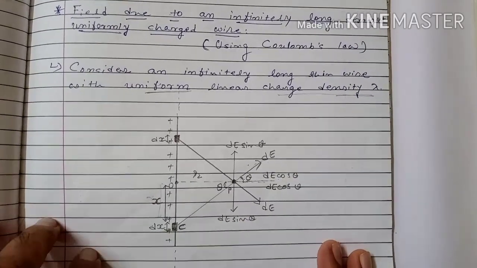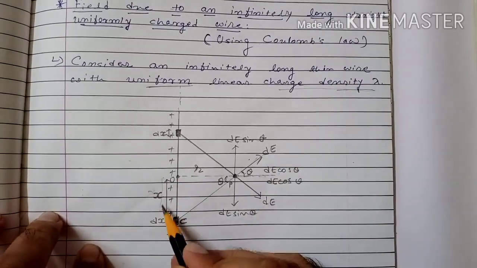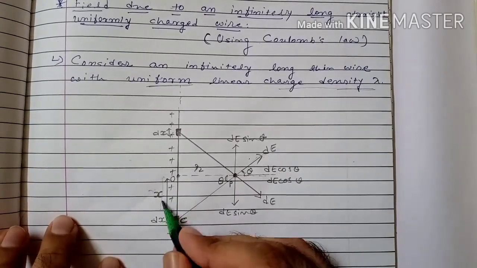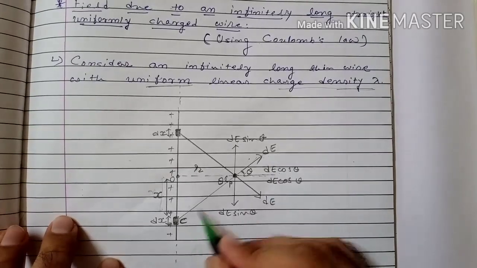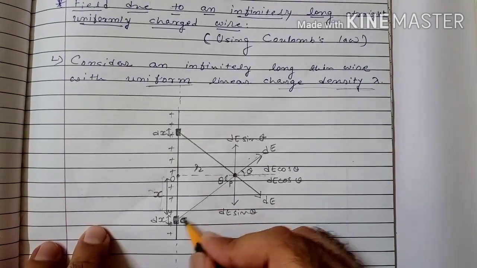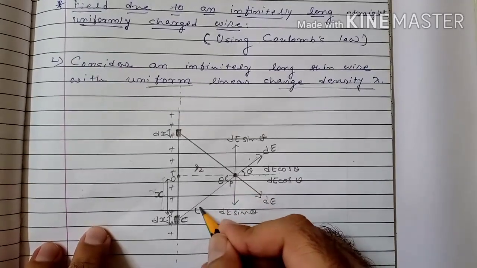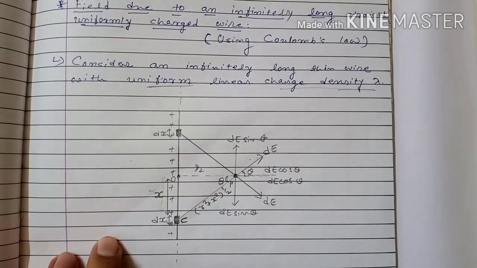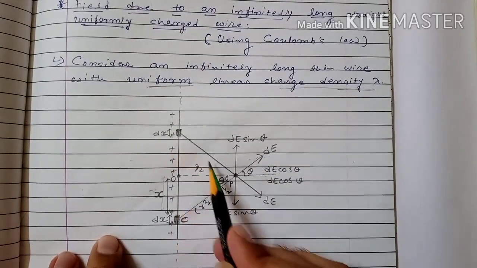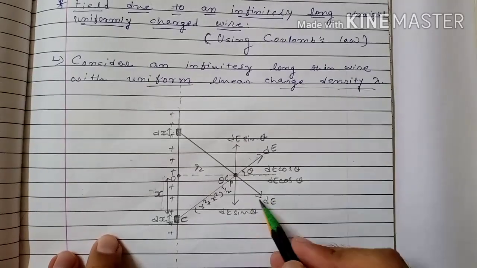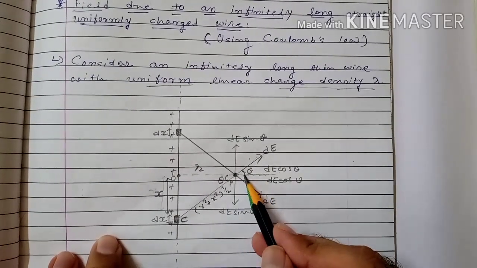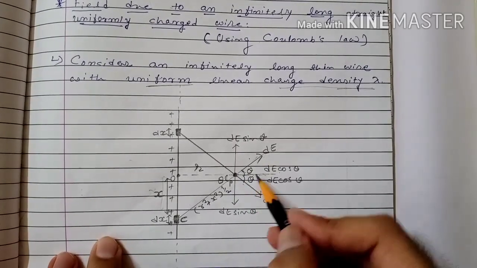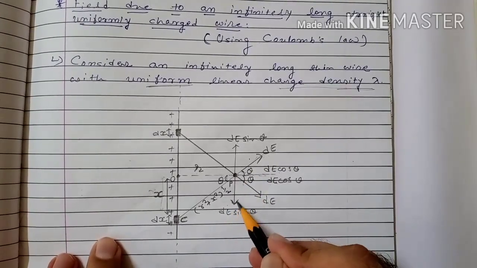Okay. From this point O, this small line element is at a distance x. This is point C. So distance OC is equal to x. Distance between C and P, the small line element and point P, will be (r square plus x square) raised to 1 by 2. Same way, due to this small line element, we will get two components of electric field. The component of dE adjacent to theta is dE cos theta. The component of dE opposite to theta will be dE sin theta.